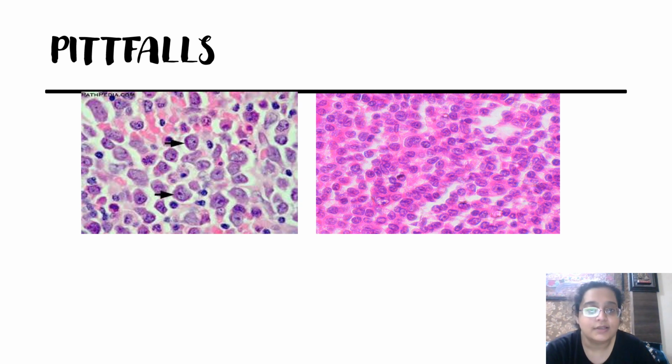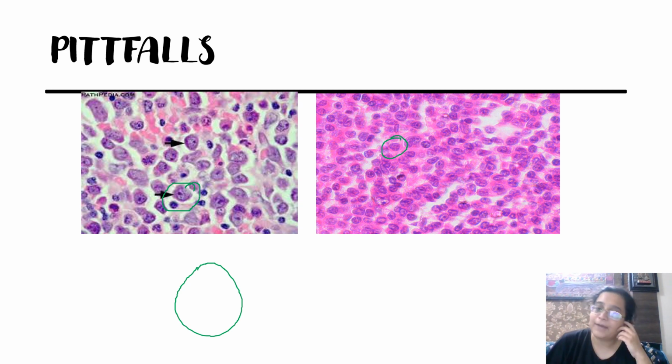This is the picture. See, this is not a blast. You see a nucleoli, you see a big cell, opened up chromatin, and you see this is an actual blast. The picture might not be very good. Okay? I show you how I differentiate. One, a cell is recognized by the company it keeps, a very famous quote always taught to me by one of my professors when I was doing my MD, and I really loved what he said. Don't get confused by seeing just one cell. Just see the surrounding also, because sometimes the morphology confuses, and then that becomes a problem.